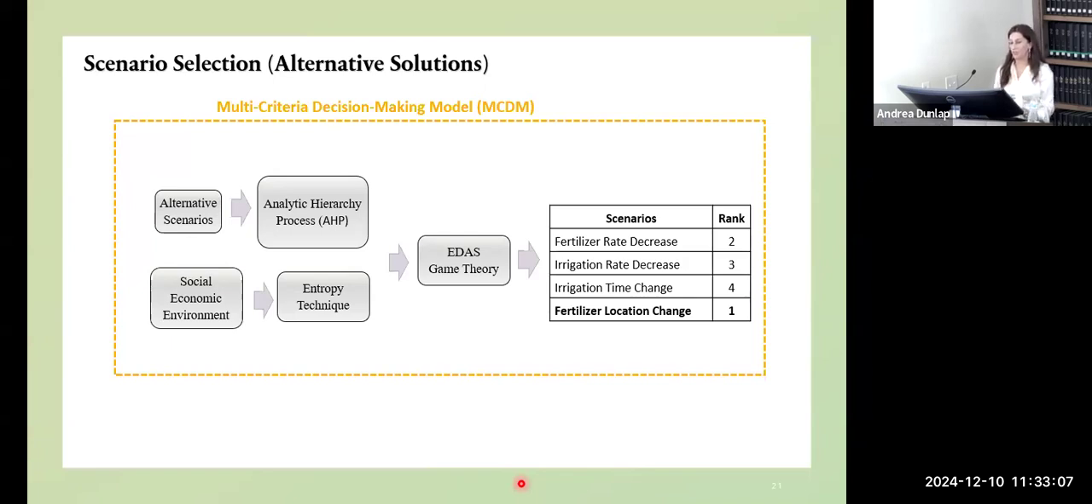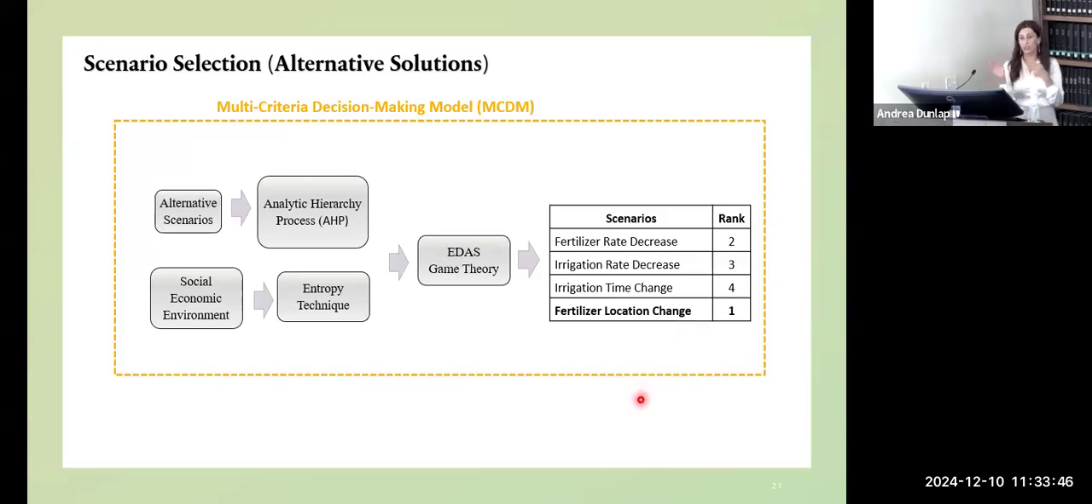And then, using the decision-making model, we used two techniques to make sure the results we got for ranking are compatible. And then we saw that the scenario ranked best for selecting the management practice was fertilizer location change, which was the pasture management. Scenario number 7 was the best scenario, followed by fertilizer rate decrease, then irrigation rate decrease and irrigation